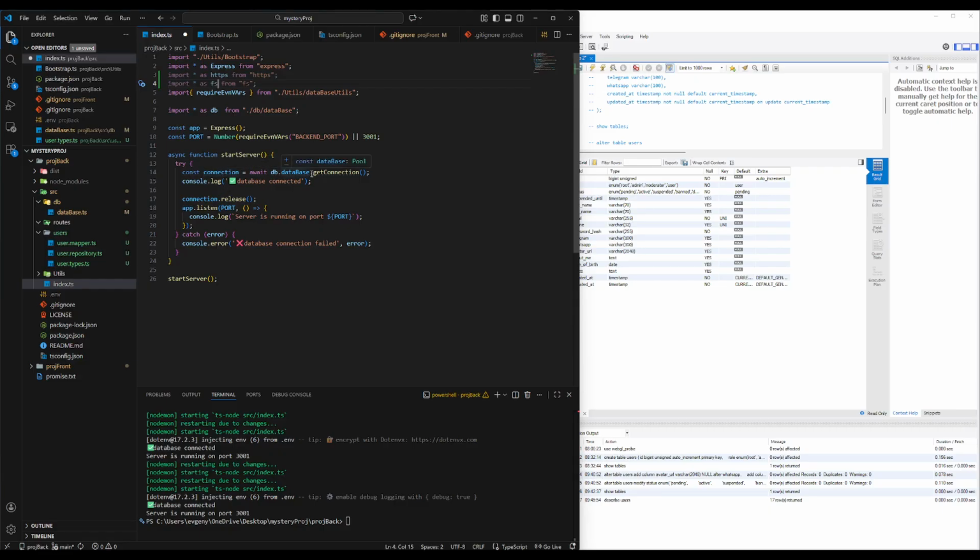Connection, right? Database connect, release. Then we listen to the port,